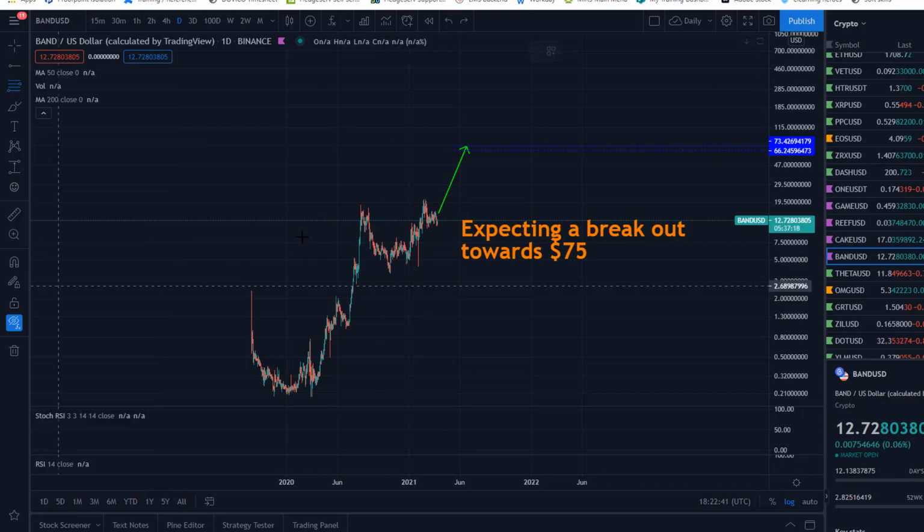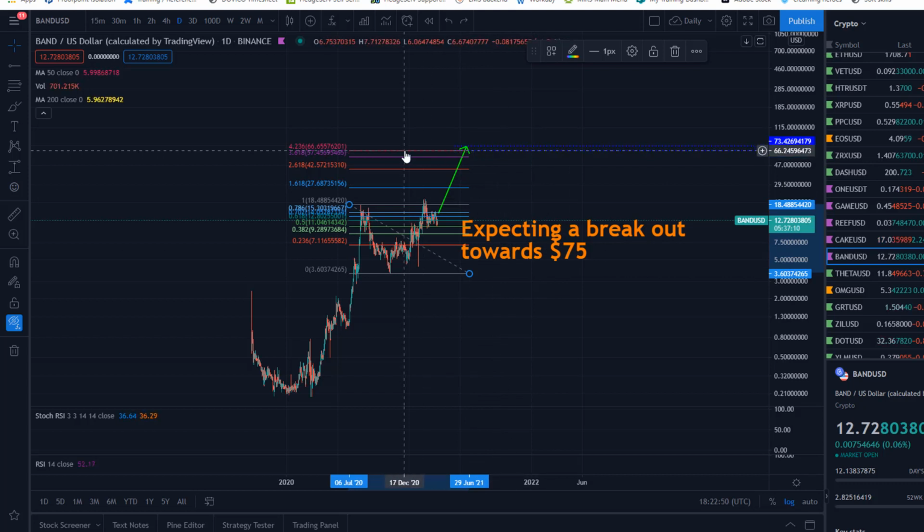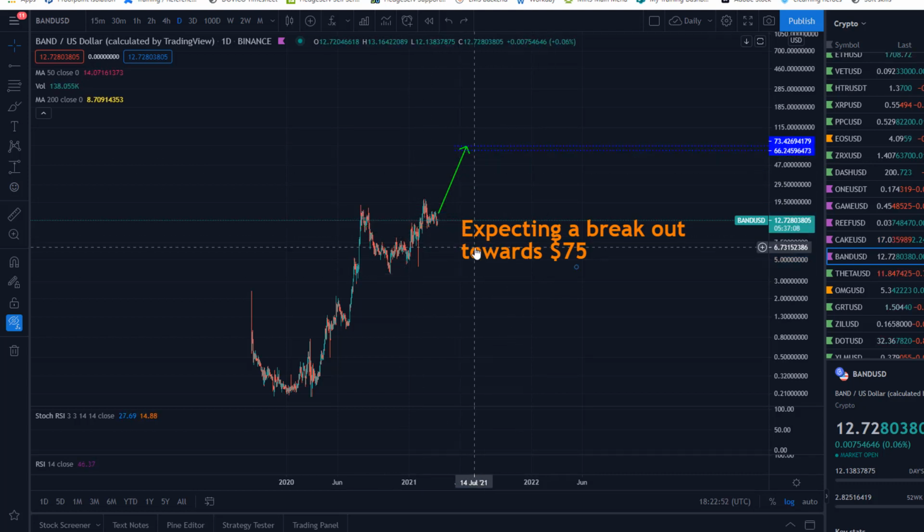The next one is just the vanilla old Fibonacci tool, which gives us a little bit less of a target. So 67 there would be the next target. So straight away we've got a range there that you could potentially be selling this trade if it was just a trade, if you're buying now and wanting to sell after the next move, or the next